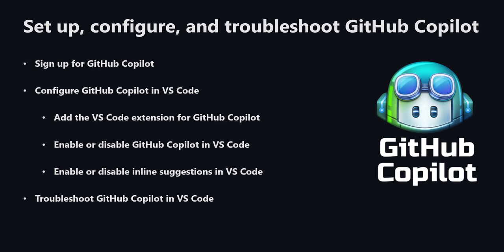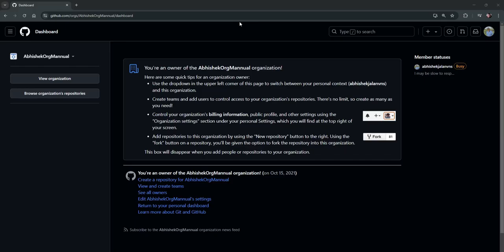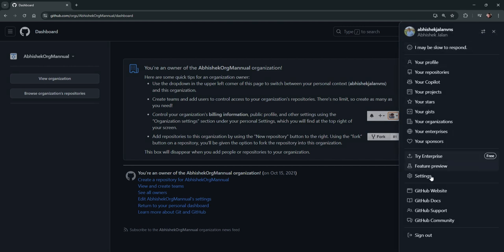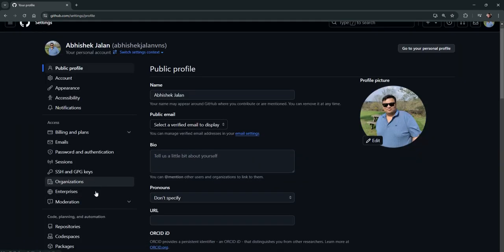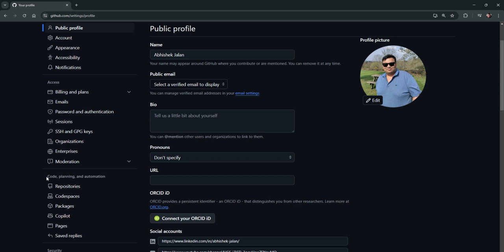So let's practically see how to sign up for GitHub Copilot. I'm in my GitHub dashboard. This is my demo org. You can see my profile picture here. When I click on it, you can see the settings option. If I click on settings, the Copilot option is present under the Code planning and automation block. When I click on Copilot here,